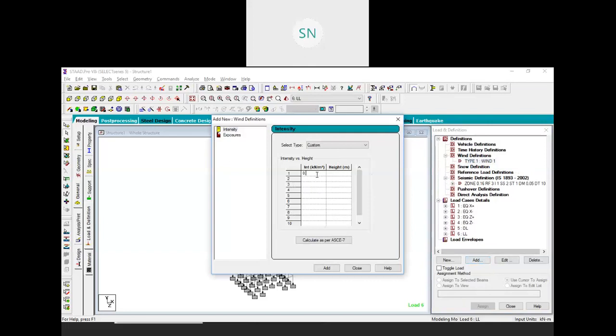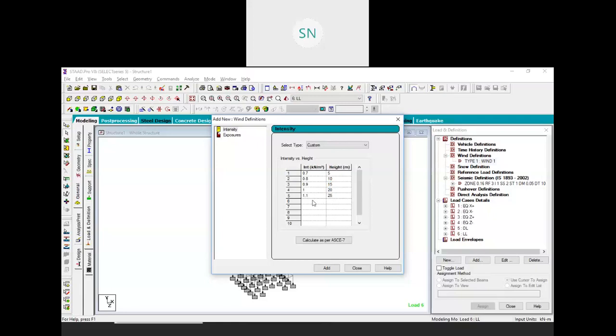That is 0.7 for first 5 meter, then 0.8 for next 5 meter, then 0.9 for next 10 meter, then 1 for next 10 meter. Let's take this interval 5 meter, 15, 20, then 1.1